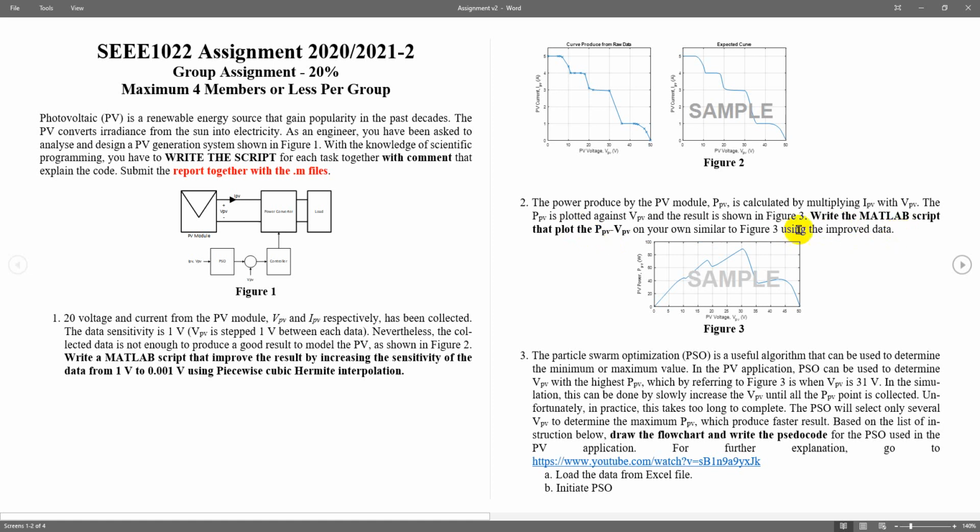And you will get this result. Make sure you include the grid. So that is the second task, also a simple task. Task 1 and task 2 can be combined together. The next task is the part which is a bit challenging.